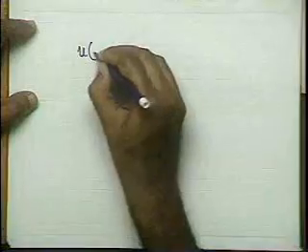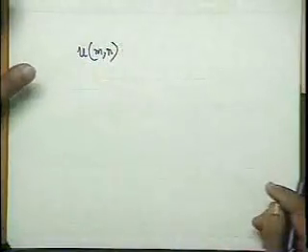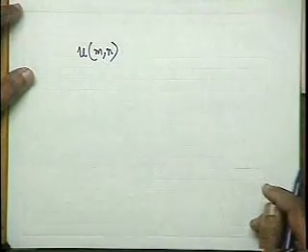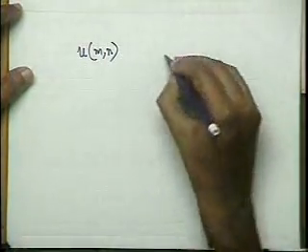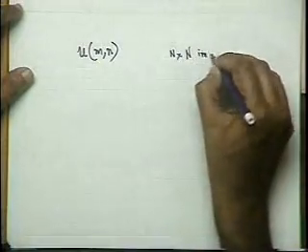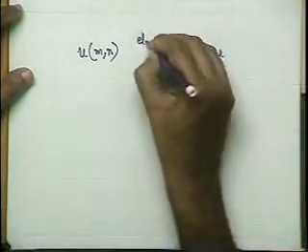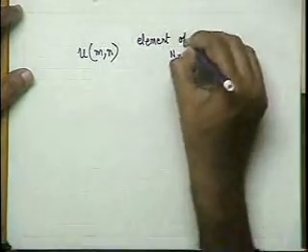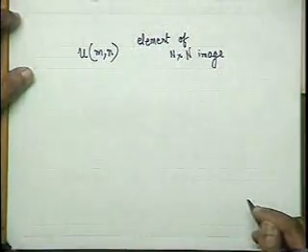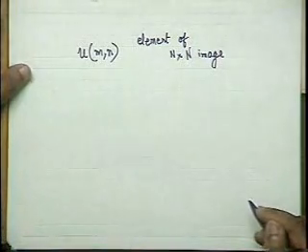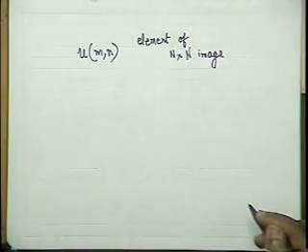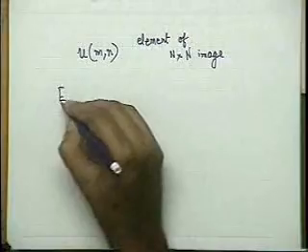So what I am considering now is that I take an image, whose elements I am denoting by u mn, and let that be an n by n image. So u mn is the element of an n by n image. Then I am considering the matrix itself such that every element of that matrix is a random variable. So what I get is a discrete random field, and for this discrete random field, the autocorrelation function